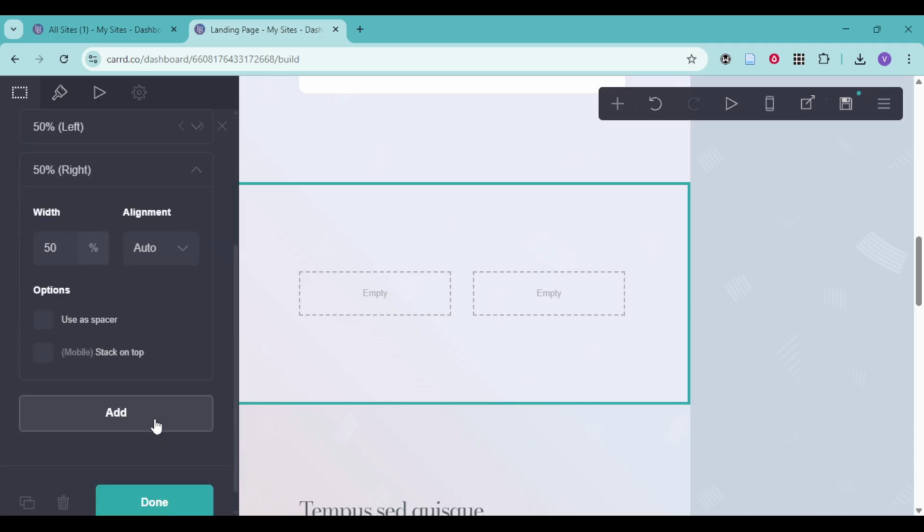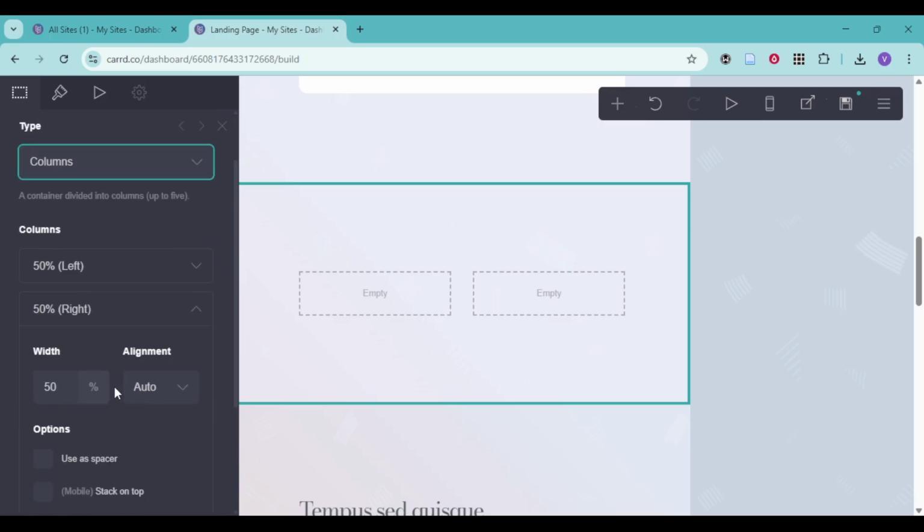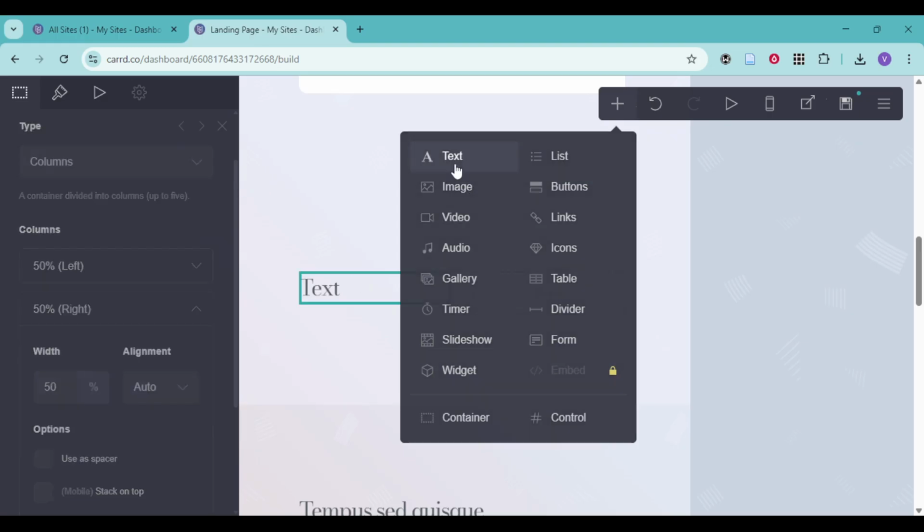With your columns in place, drag elements into each column. You can move text, images, buttons, forms, whatever you've already added, or create new elements and drop them in. As you drag, watch for the placement highlights that show exactly where the element will land. If something doesn't look right, just drag it to a different column or reorder within the same column until the